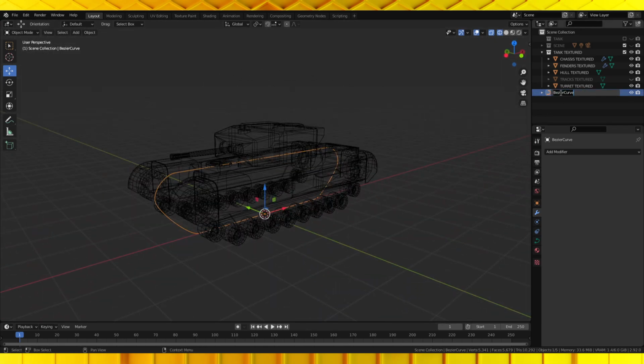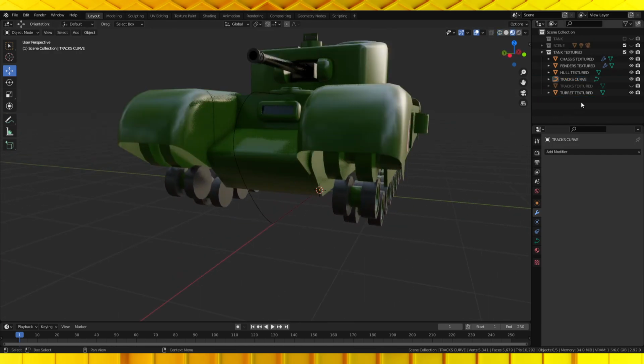Let's name this tracks curve. Add this to the collection, and yeah.